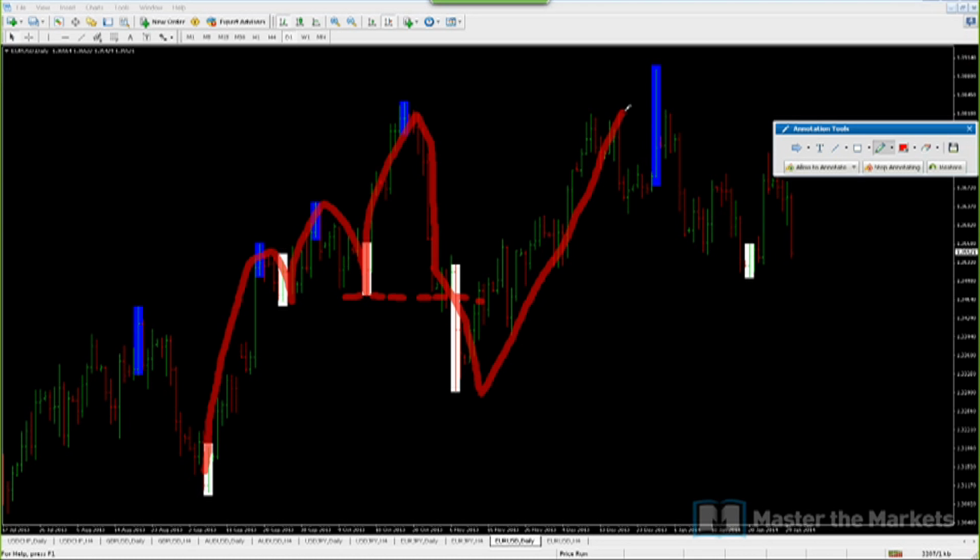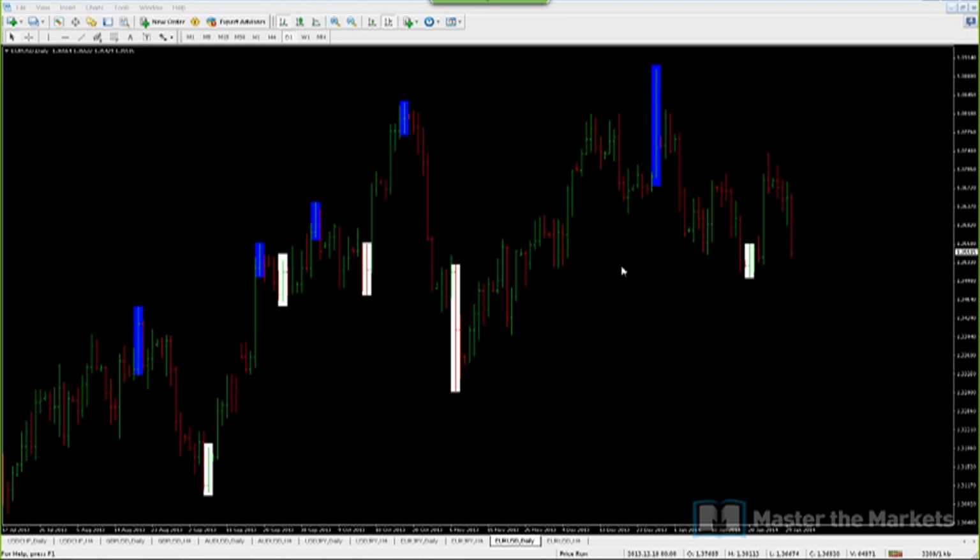It kept climbing, and it finally broke this last swing high. If the price breaks the last swing high, or we call it LSH, we then look for opportunities to trade the market long. That's pretty much it. So if I'm looking for opportunities to trade the market long, I have a couple of